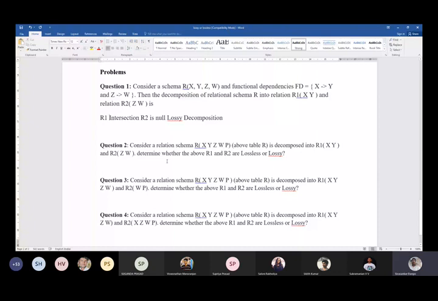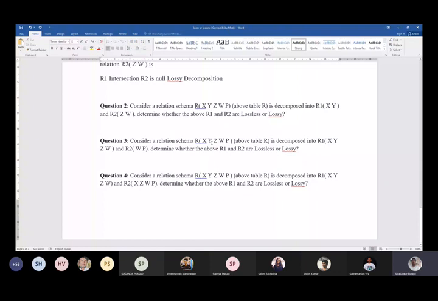Let us look into question three. You have a relation schema R with attributes x, y, z, w, p. It is decomposed into two relations, R1 with attributes x, y, z, w, and R2 with attributes w, p. So you can work on question three. The first condition is met, right? The union of the fragmented schemas gives you back the original schema, and the intersection is going to be